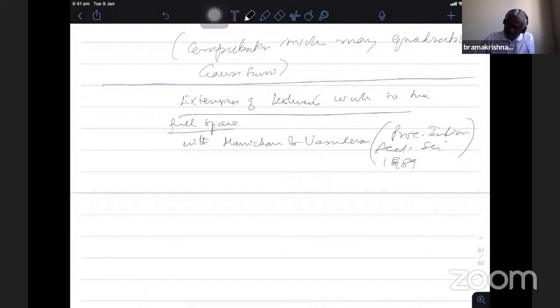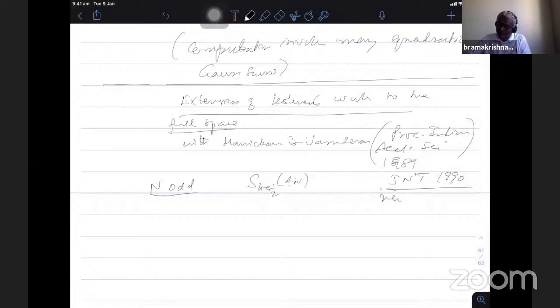Okay, n is odd, and then consider the space S_{k+1/2}^+(4n). Around the same time we did this, it appeared before, and the JNT paper appeared later. Actually, this was written before that, so it took time for the publication. The newform theory was done in the JNT paper, and then closely following Conrey's method, we extended this Shintani correspondence for the full space, not necessarily for the plus space.